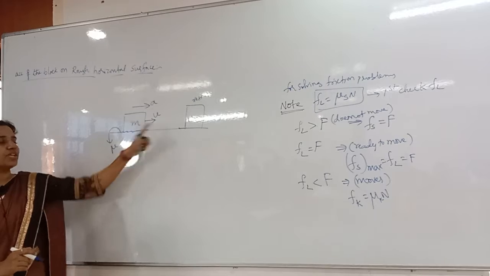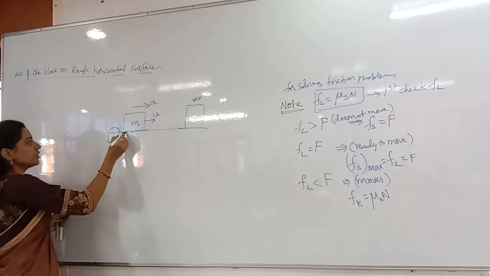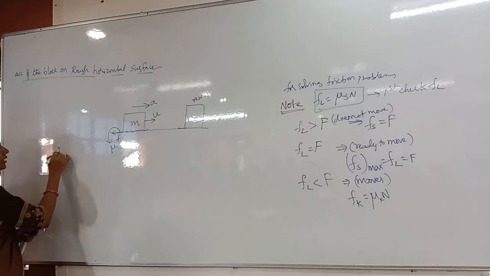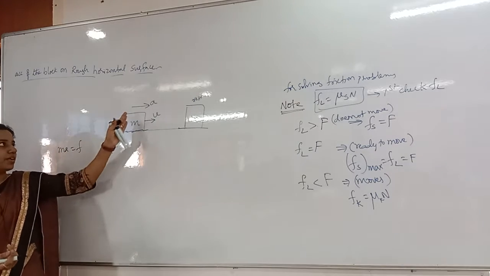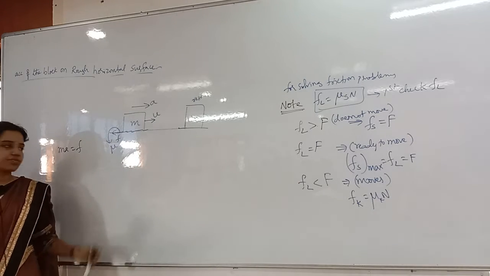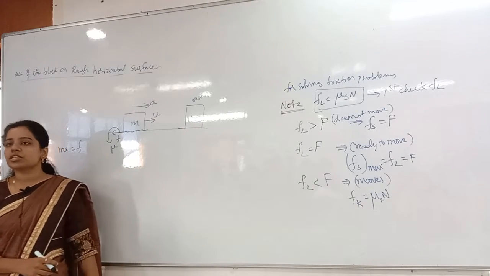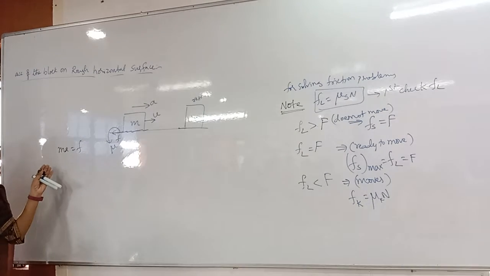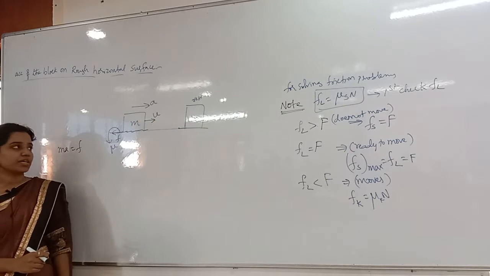Whenever the body is moving in this direction, of course friction will act in the opposite direction. Now can I say that ma is equal to friction? No other forces are there, no? Whenever the body is moving in this direction, friction is acting in the opposite direction. Of course you will get minus, so only the body is coming to rest. Is it acceleration or retardation? Retardation. So only here we are getting minus. It is not even necessary to take it, because you already know it is minus if it is coming to rest.